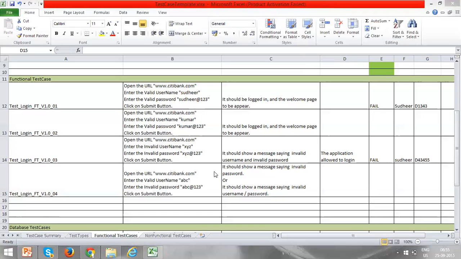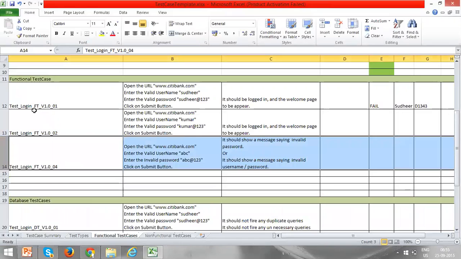If you miss a single test case to write, there is a chance that you might miss a defect. Let's say this particular test case you have not written, for different reasons, whether you followed a systematic approach or not. Somehow you have not identified this test case, logging in with invalid details, and you have not written it. So in that case, what happens? Let's say you have not tested it